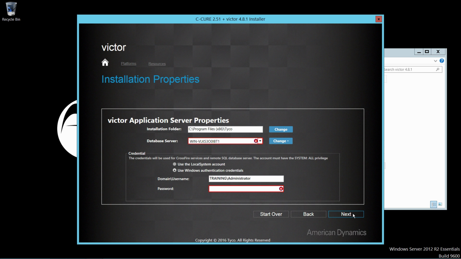So first of all, the installation folder, I'm going to keep that at the default. Then we need to choose the database server. The database server is going to be that full installation of SQL. The installer has actually gone to my machine and it's found that instance. So now all I need to do is just enter the password down below. And I'm going to choose next,